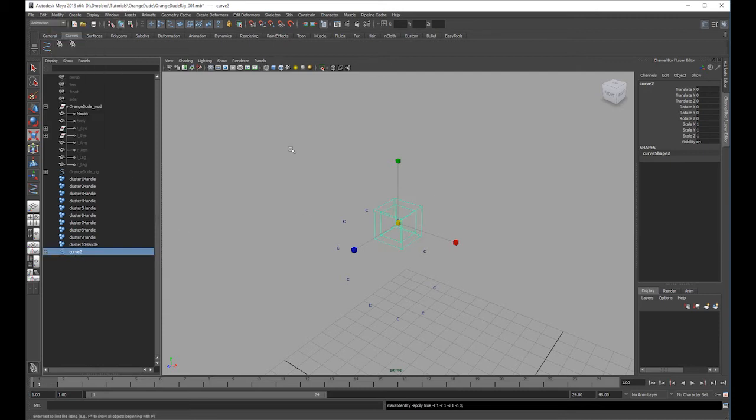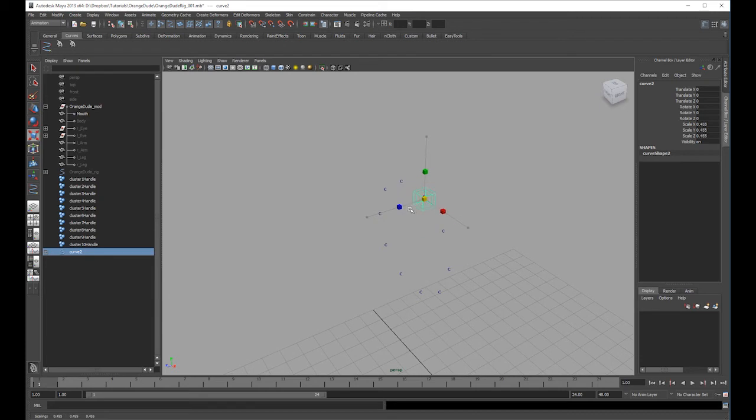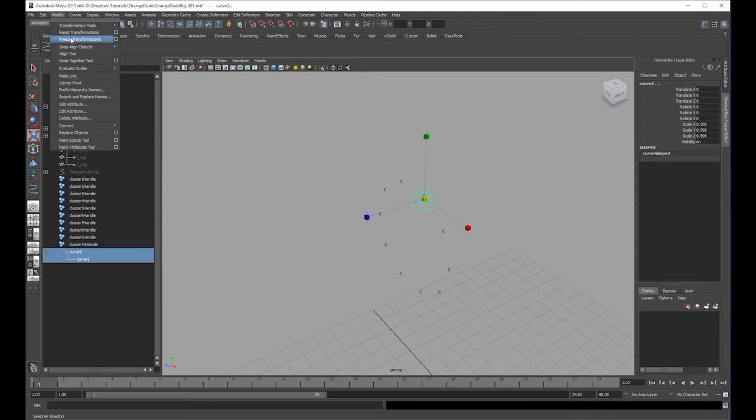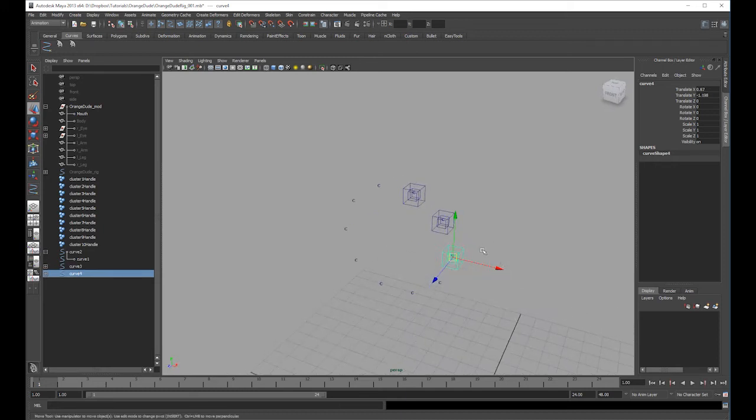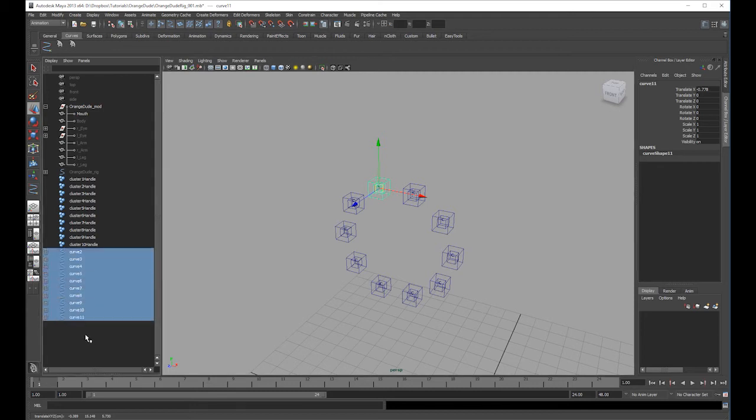So I have two cubes, and they're going to be in a hierarchy of each other. Now I don't know why I'm trying to freeze transform them. Okay, great. So we have the curve, basically we have the real one, the real cube is going to be inside of the ghost cube. So hierarchy-wise,